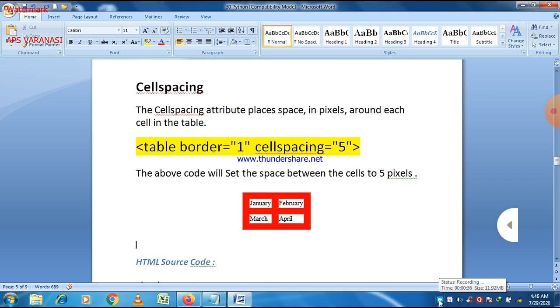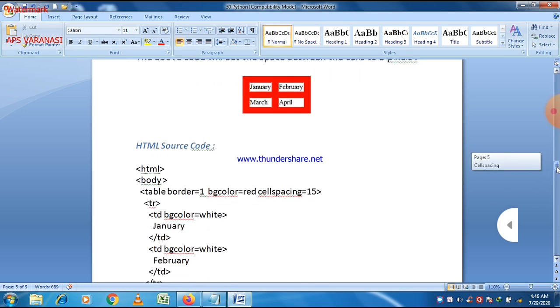After that, there is another attribute named cell spacing, and here the value is given as 5. And what is the meaning of 5? 5 means 5 pixels. So actually the cell spacing attribute places space in pixels around each cell in the table. So it is a value in pixels. So a space of 5 pixels is there between different cells in a table, and you can easily see that